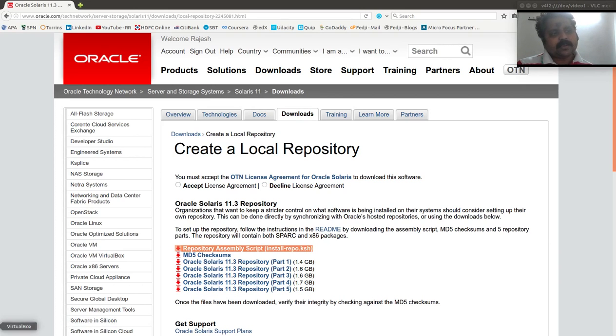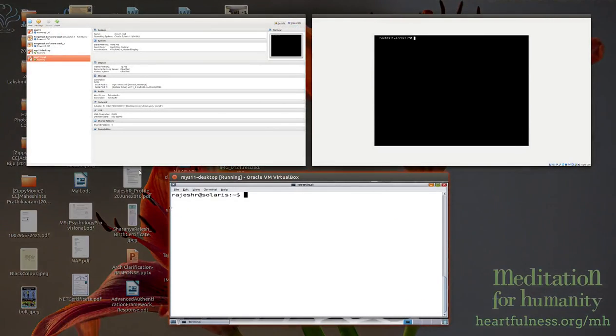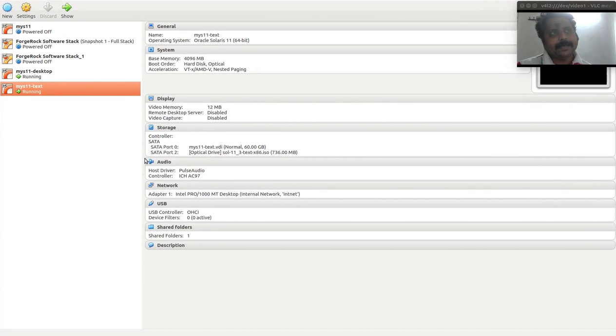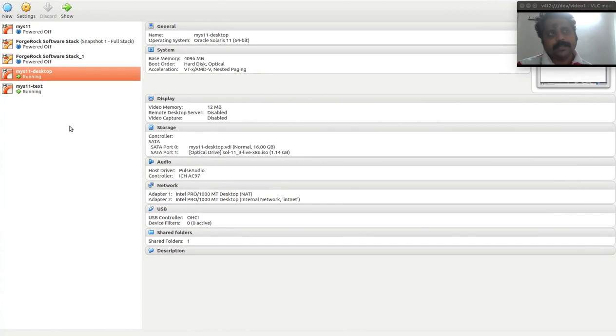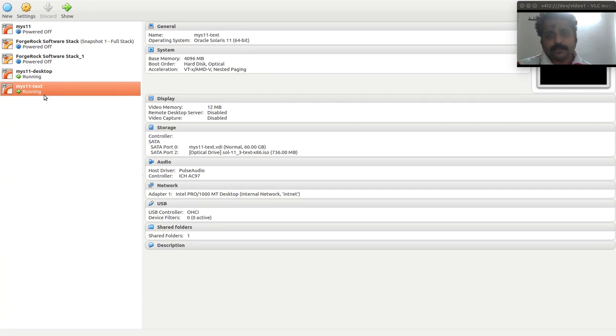I just want to also point out the VirtualBox configuration here. There are two virtual machines running for me in this demonstration. One is a virtual machine that was installed using the live media, and the other one is a virtual machine that was installed using the text media. Both of them are in running state.